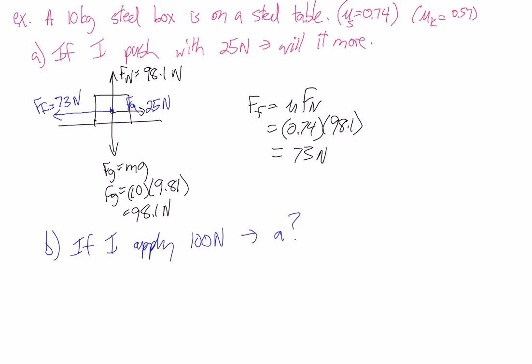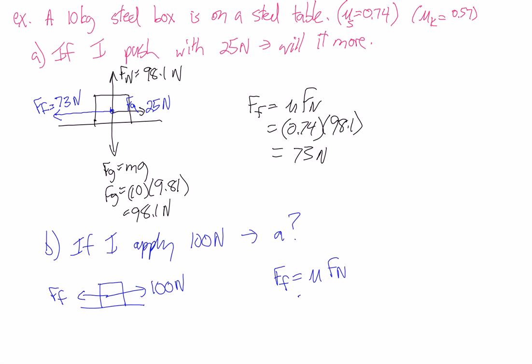Okay, so in this case, it's going to take 73 newtons to overcome friction. So if I push with 100, that will cause this thing to move. We know it's going to move. So the only thing that's going to be different now is we can't just go 100 applied force minus a friction of 73, because we know it's going to move for sure. So we actually have to recalculate our force of friction,